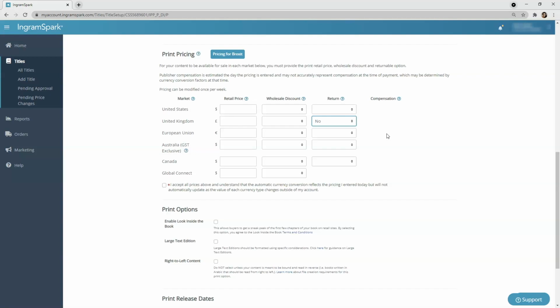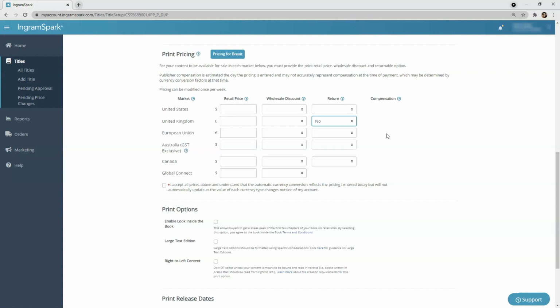Something to also consider is that if you enable distribution of your title with a returnable status, then later decide against returns or cancel your title, your book can still be returnable for 180 days. Also, choosing to no longer accept returns can act as a trigger and cause bookstores and retail partners to return books they may not have otherwise once they see there's a time limit. Sometimes this triggers several returns all at once. So make sure if you want to change your return status or cancel your title that you are completely certain.